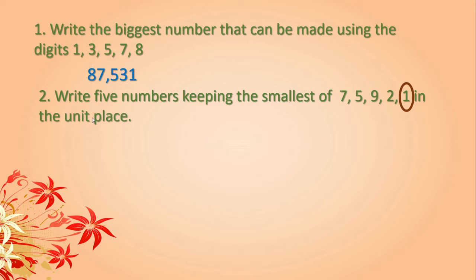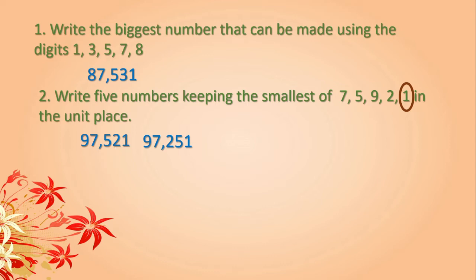Okay, we will begin. Same procedure we will follow because it is very easy. We will try to write the numbers that begin with a bigger number. That is 9 here. Correct? 9, then 7, then 5, then 2, then 1. That we will write first, from bigger to smaller. 97,521. Now what we will do? We cannot change this 1, correct, unit place. So we can change these 2 places, hundreds and tens place. See here, 97,251. Only I exchange the places of these 2 numbers.